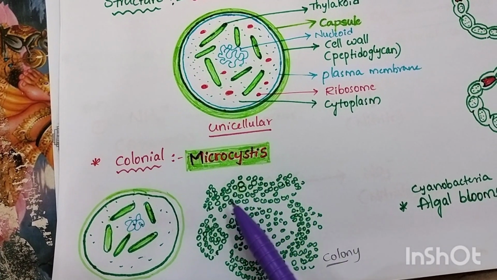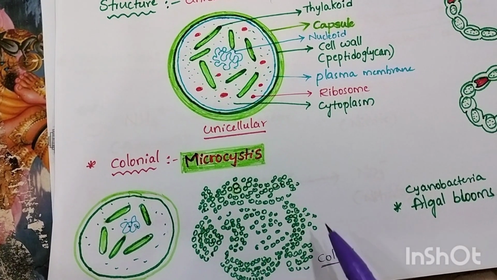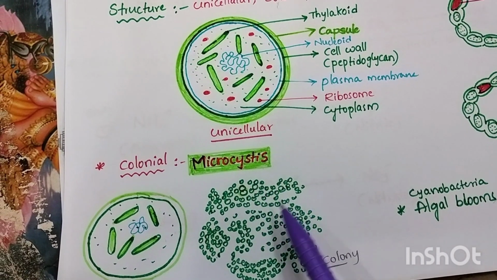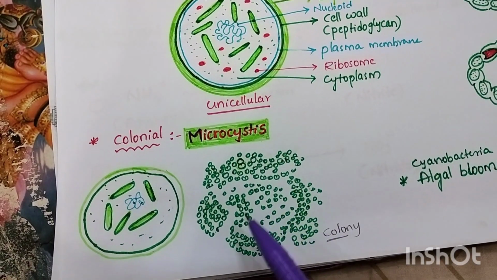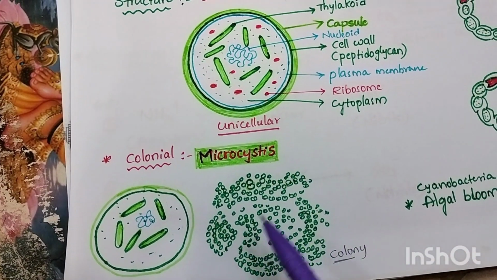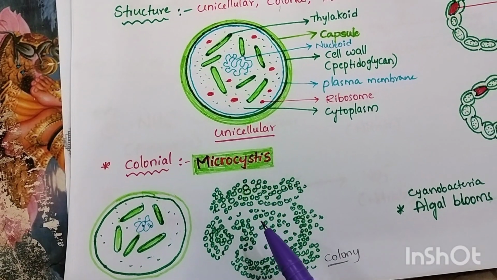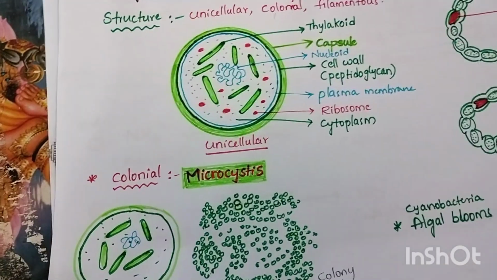More number of Microcystis all together present here as a colony. So this is a single cell. Like this cell, there are more number of cells aggregated together, and they form a colony-like structure. This is called colonial. So this is usually present as colonial. So this is one type of